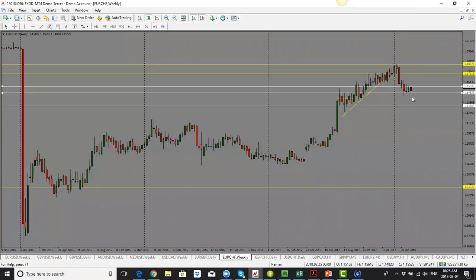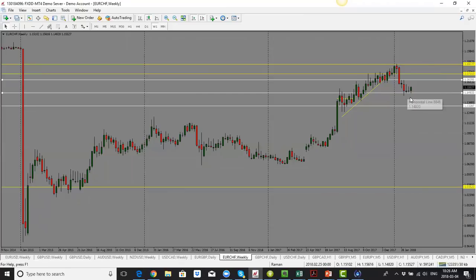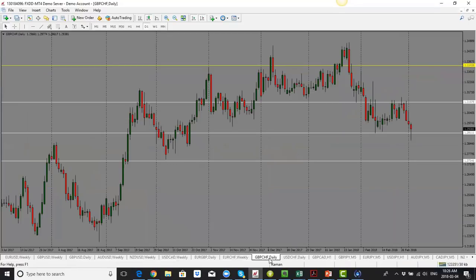It came and hit the support level at 1.1480 level, and now we are seeing that price close bullish. So for the last 4 weeks, Euro Swiss franc has not been able to break to the downside, which means that it could pull up higher. So the bias would be to the upside, looking at 1.1640 level, which is the top of these pins, for price to move up higher. So looking for a bullish move in Euro Swiss franc.